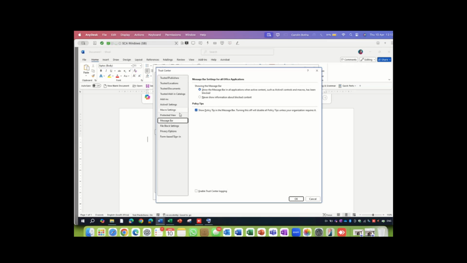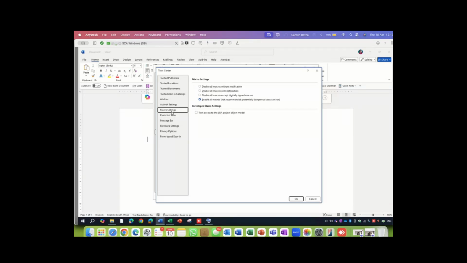So show the message board. Protection view, check this with your IT. It will be by default switched on, switch it off, so that everything can show, everything can open, you don't have any problems there. My macro settings, once again, it's to enable you to open whatever you have to open. Enable there, it will not be by default on enable. And that's about it. The others, you don't have to fiddle with.